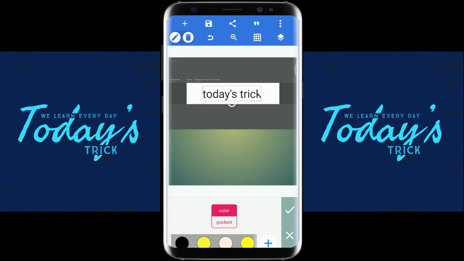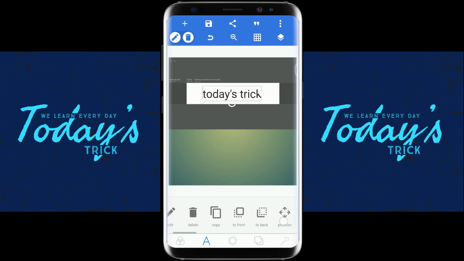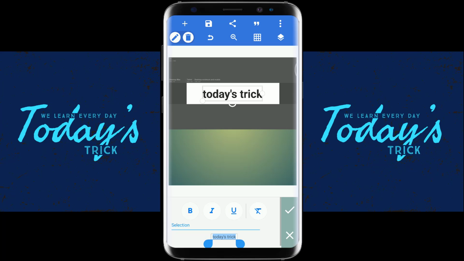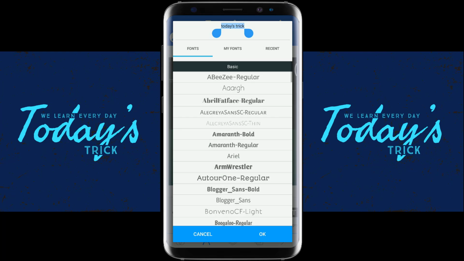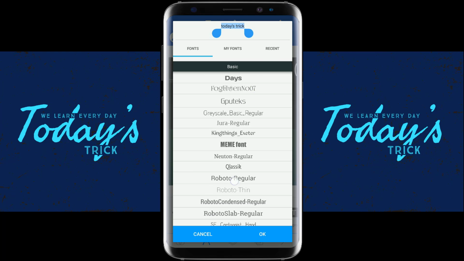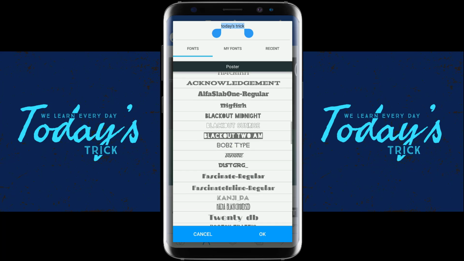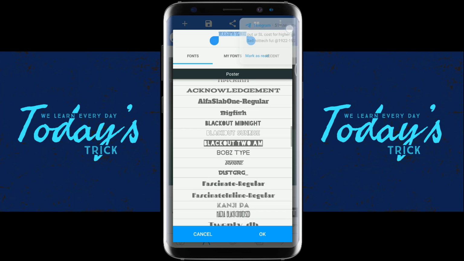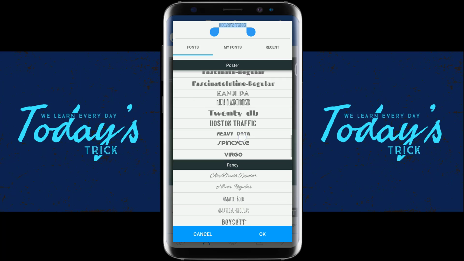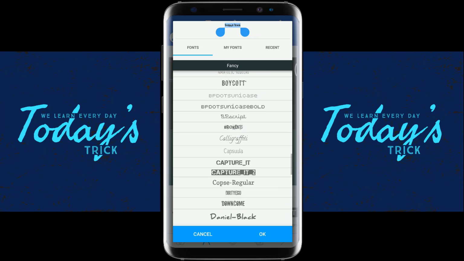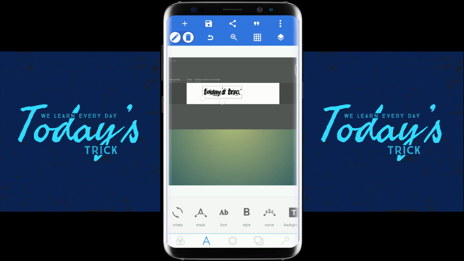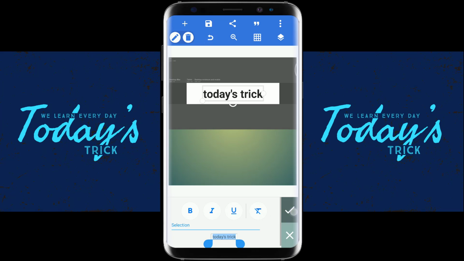You can add a font too, if it's okay with you. Search for the font option here. Okay, first I'm gonna pick the bold style. Yeah, done. And font. There is a favorite font of mine which looks cool, like this one. I think no. And this one. Today's trick. It's better for the style not to be that way. I have to undo it. Yeah, done. Bold style. Okay, font.